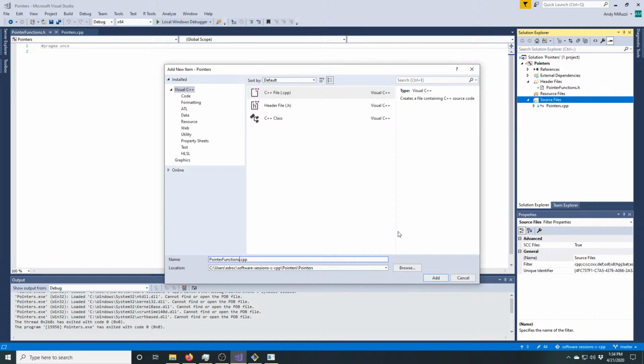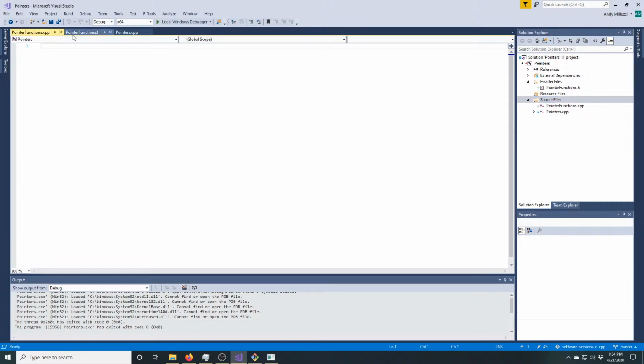We're still going to write just C code in here. Like I said, we'll talk about the differences tomorrow, but leaving it name.cpp is fine for all intents and purposes. So there we go. The first thing we need to do is include in our C++